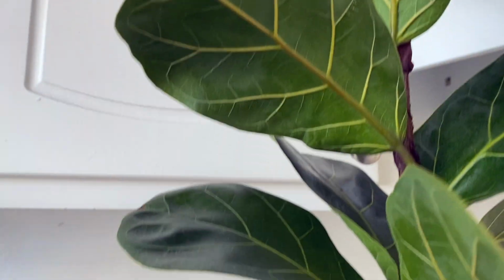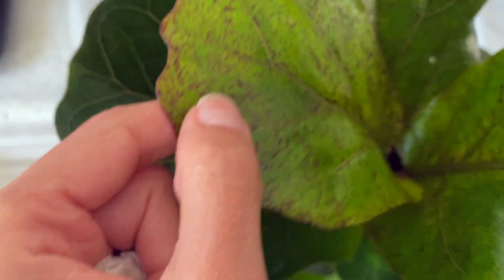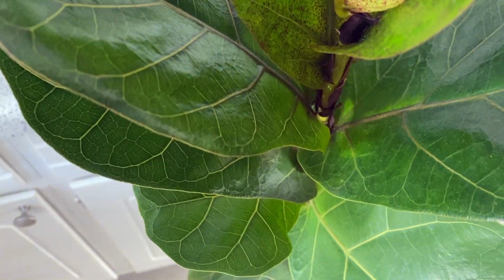It's so tall I can't reach it. Okay, I moved it to the floor. Look at these new leaves. At first I was like, why does it turn red? But that's just part of the plant. It's normal. I thought it was sick at first, but